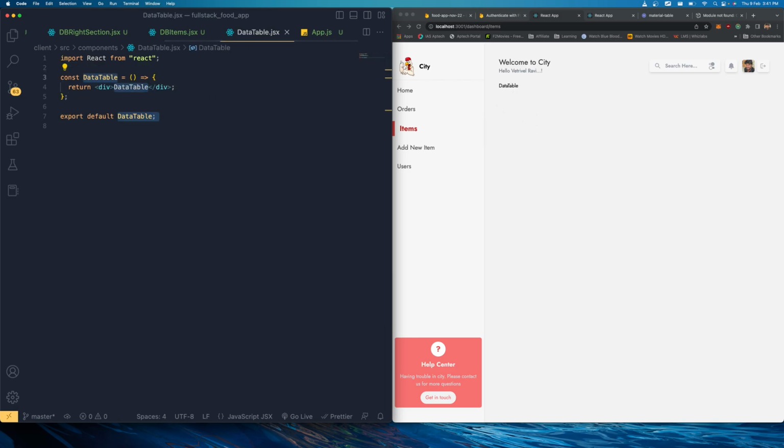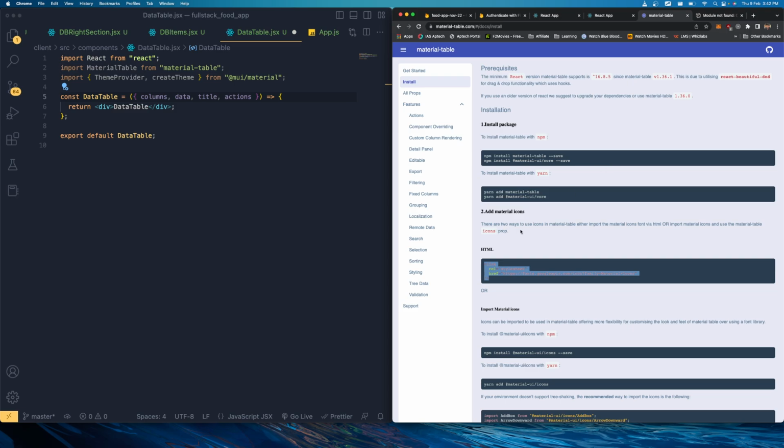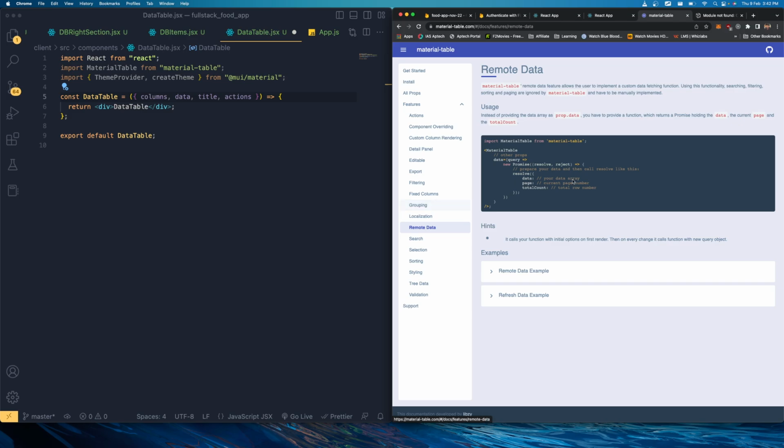So now let's get back to the data table, and we need to bring the data tables and everything over here. Just the same way we did, we need to bring the material table and the theme provider and everything. Just import those two things, and instead of this, I'm going to bring that theme provider. We're going to supply these columns. We're going to try to use this as a reusable table. So we're going to supply the column data, because what are the things we need to supply? If you go to any of these examples, let's go to the remote data, or let's go to the